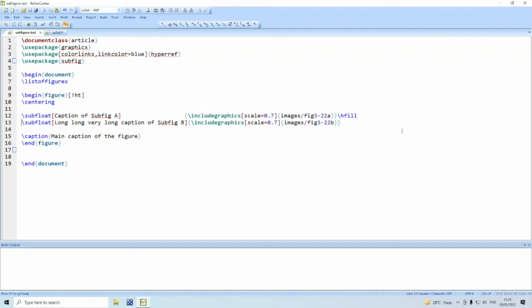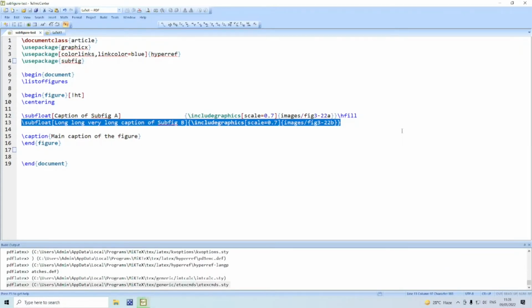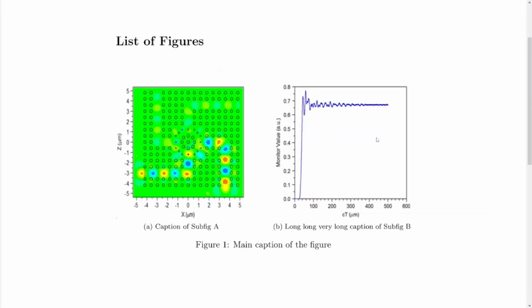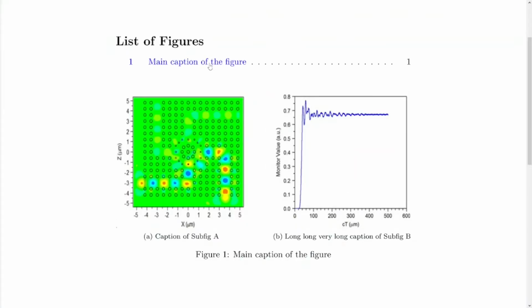Similarly, for the second subfigure, and so on. On compilation, let us see, we will find you have these two subfigures available. Compiling it once again will produce the list of figures.